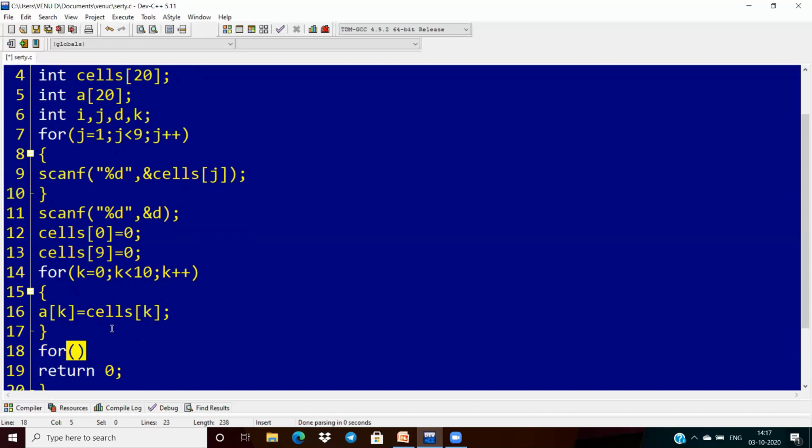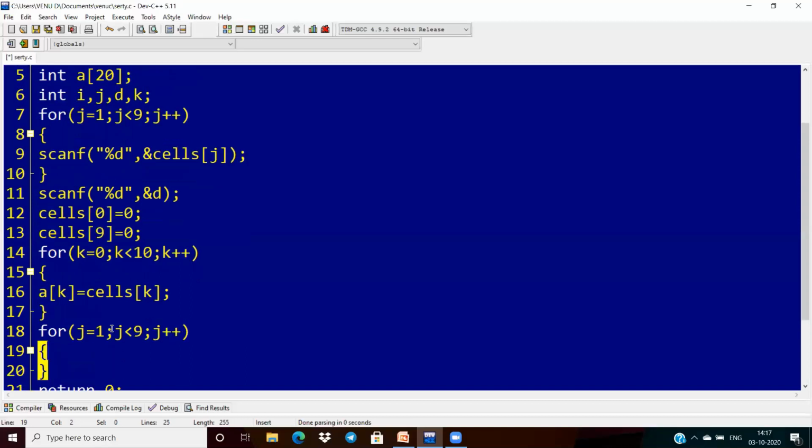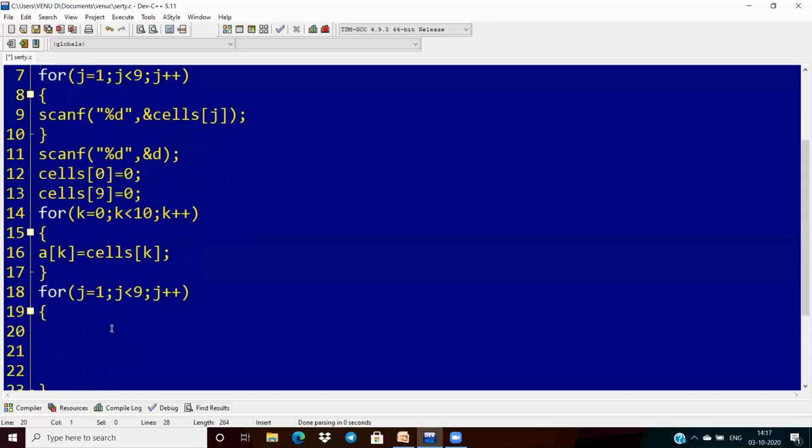I am taking j value as 1 and j less than n and j plus plus. So how are we modifying? In this scenario, what is the left side of the j equal to 1 index element? It is 0. So can I write here a of j minus 1? A of j minus 1. And what is the right side of this j equal to 1 index element? It will be j plus 1.